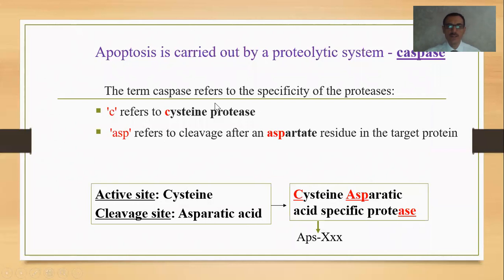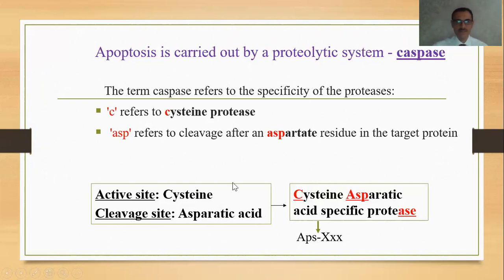Apoptosis is carried out by a proteolytic system, caspases. Why do we use this term? Because the term caspase refers to the specificity of the proteases. The C refers to the cysteine protease. ASP refers to cleavage after an aspartate residue in the target protein. So the active site is cysteine and the cleavage site is aspartic acid, meaning a cysteine aspartic acid specific protease, or